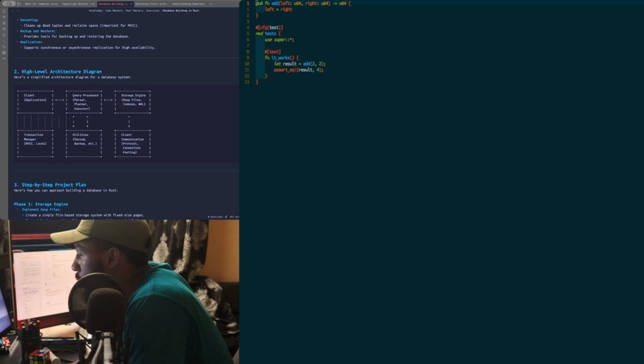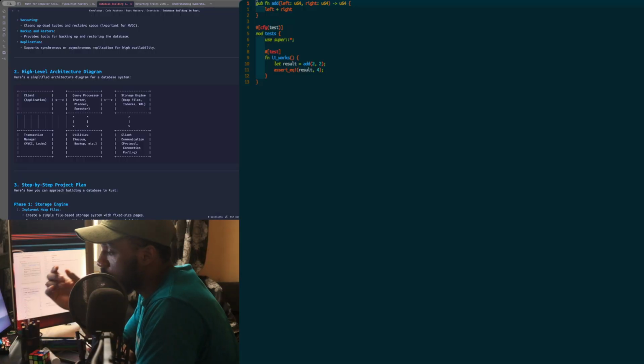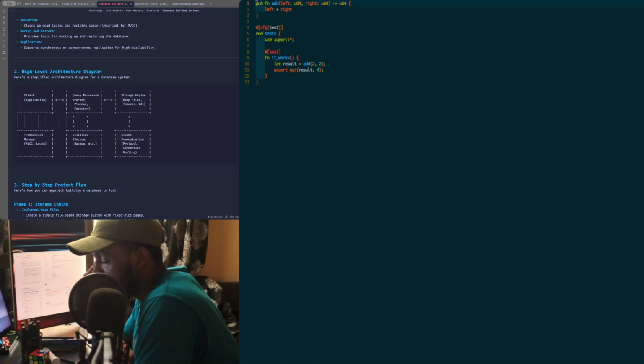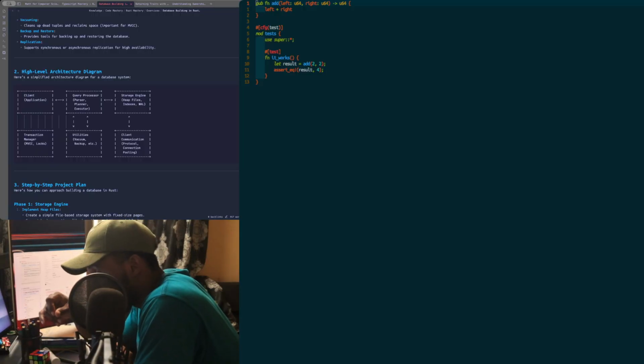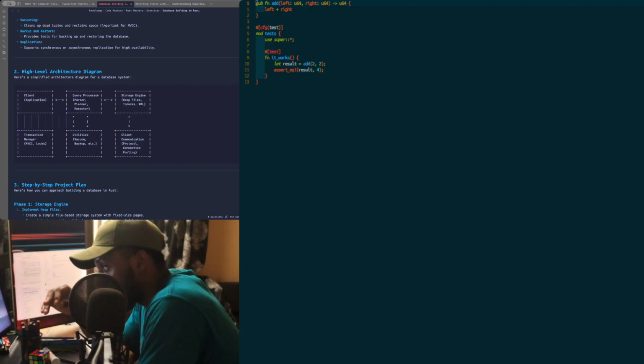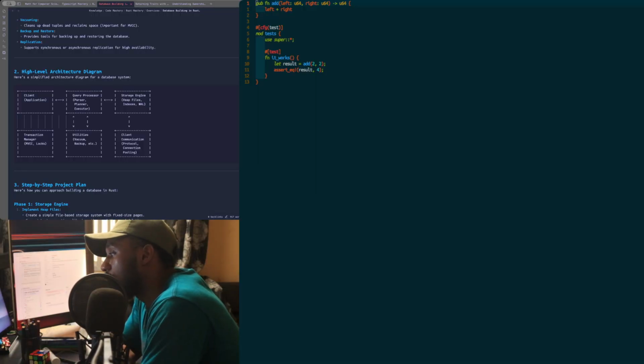High level architecture diagram. Here's a simplified architecture diagram for a database system: client application, query processor. The client connects to the query processor, which runs through the planner and executor to interact with the utilities and the storage engine. The storage engine is essentially managing the heap files, the indexes and the